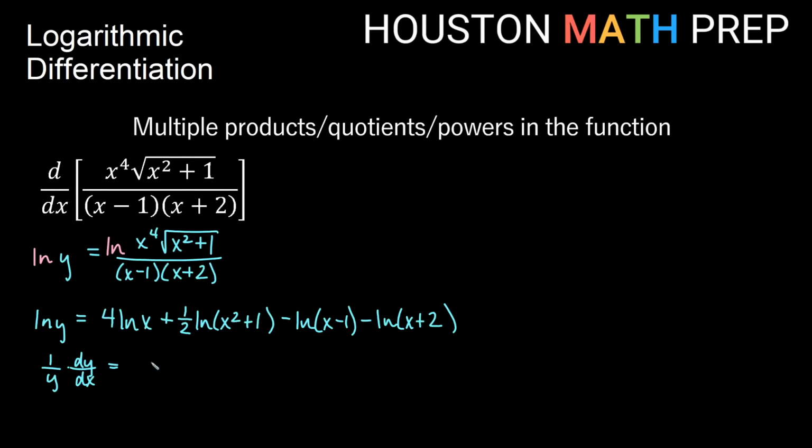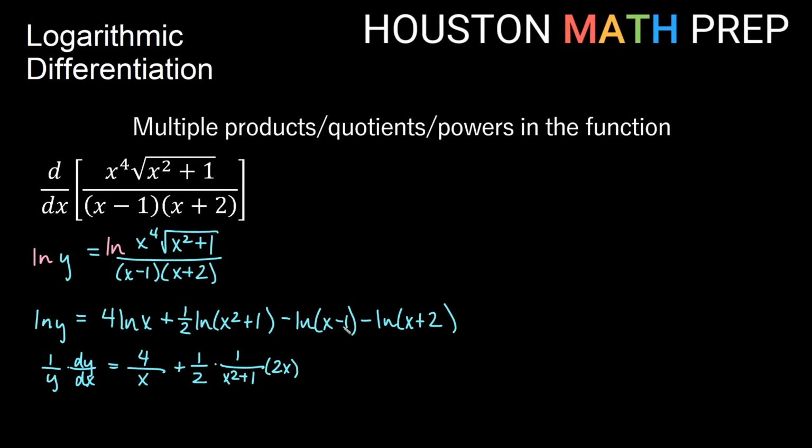Now here, 4 times ln x, derivative of that, we'd keep the 4. Derivative of ln x is just 1 over x, so we get 4 over x here. Plus, here we get a half. Now with this one, ln of x squared plus 1, derivative of that would be 1 over x squared plus 1. Don't forget your chain rule though, times the derivative of the inside means we would also get a 2x for